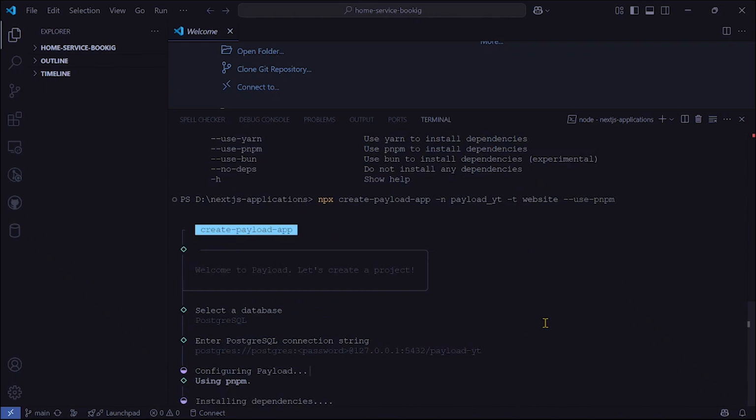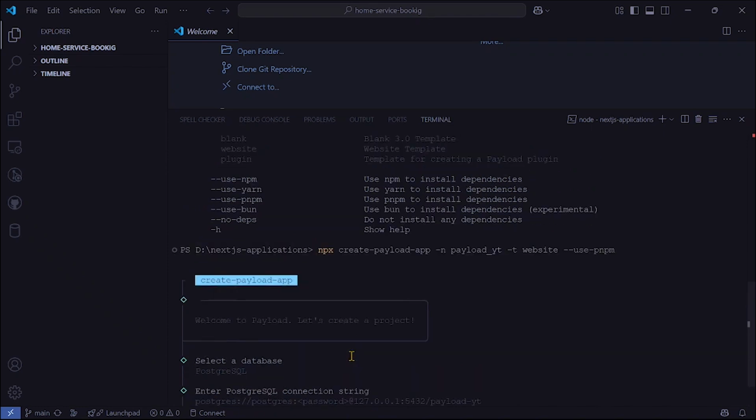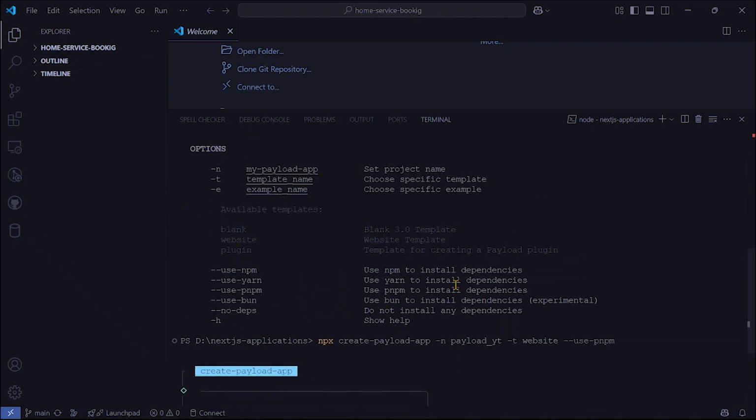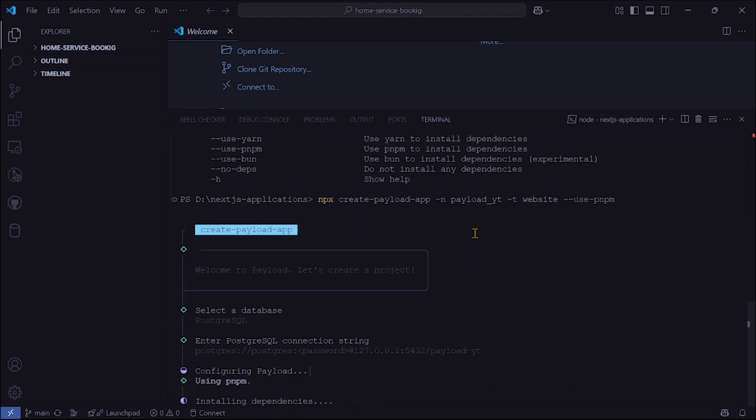So what it's trying to mean is it is now installing all the needed things for the project to start running. Now it's configuring payload to use PNPM, which we chose, and the website template. I mean, this is what we chose. You could choose a blank template. You could choose to use npm. You could choose to use yarn or anything. But as we saw, as you all read, it was saying that we need to use PNPM because it's